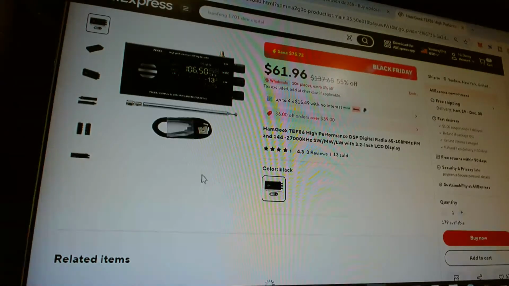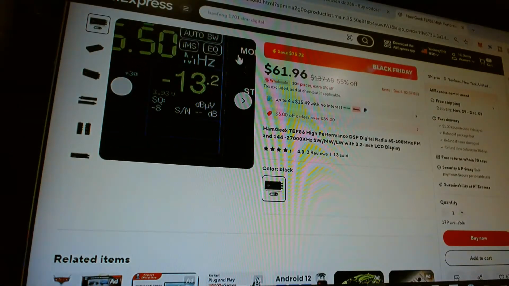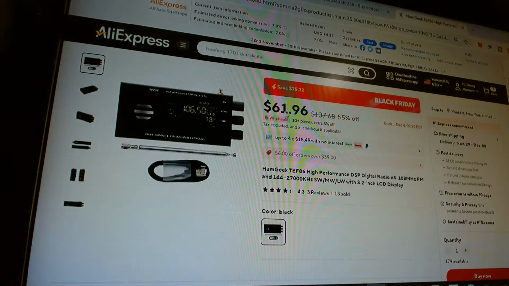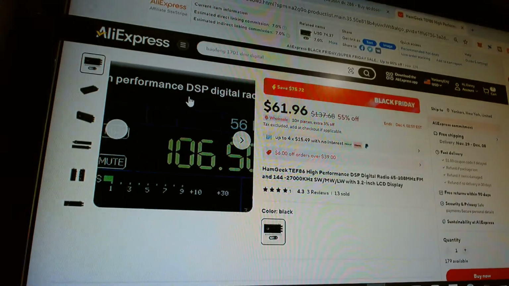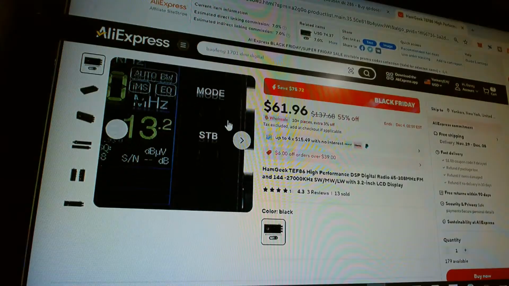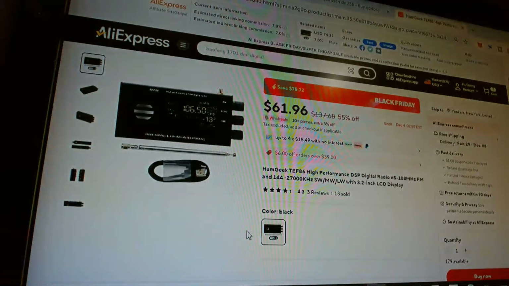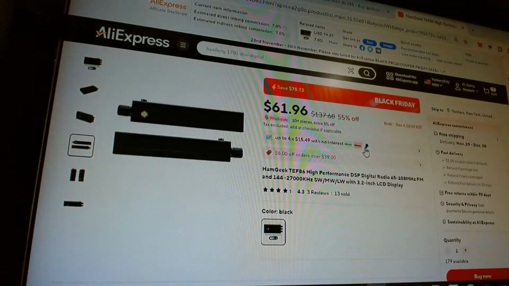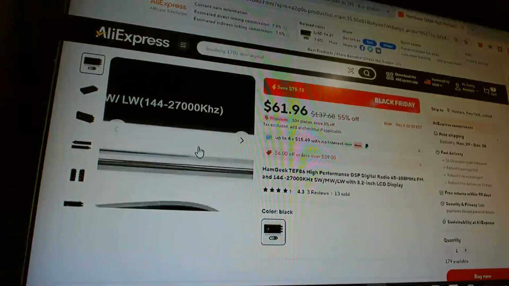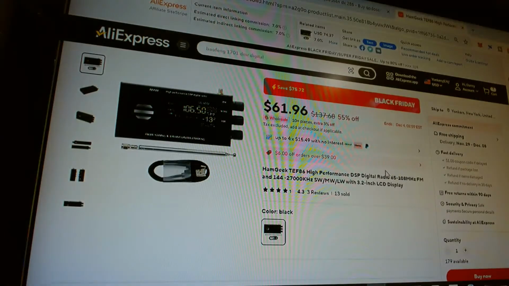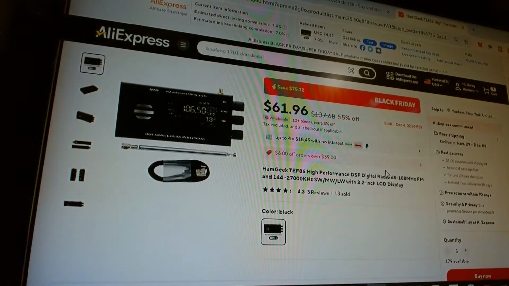If anybody hasn't gotten this radio, that is a very good price. $61.96. That's the one I have, but that one is in black. This is a great radio for the price. If I didn't have one, I would have definitely pulled the trigger on this one.